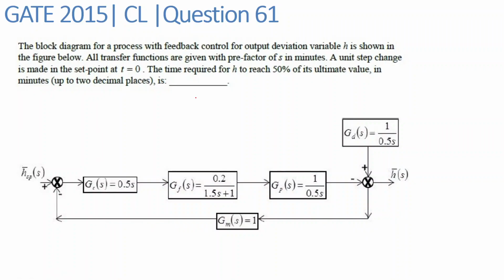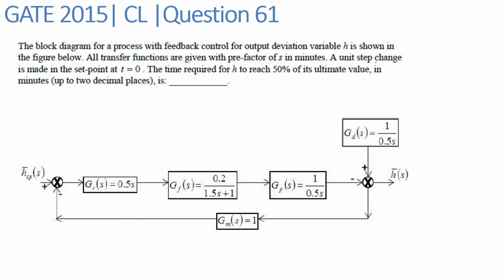Hello everyone. We are solving question number 61 of GATE 2015 chemical engineering paper, and the question is: the block diagram for a process with feedback control for the output deviation variable h is shown in the figure below. All the transfer functions are given with prefactor of s in minutes. A unit step change is made in the set point at time t equal to 0. The time required for h to reach its 50% of the ultimate value in minutes up to 2 decimal places